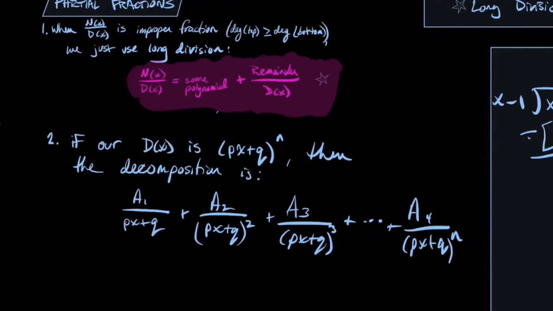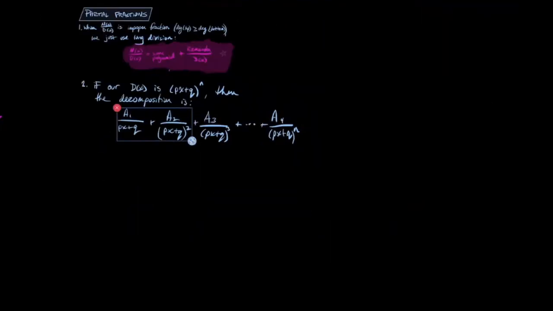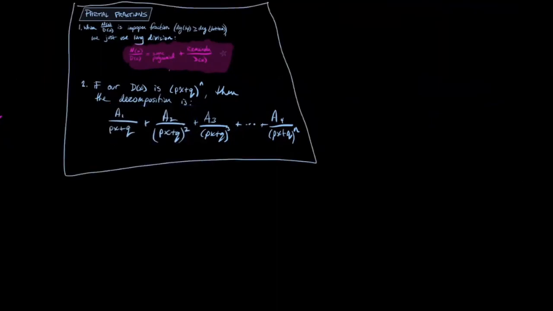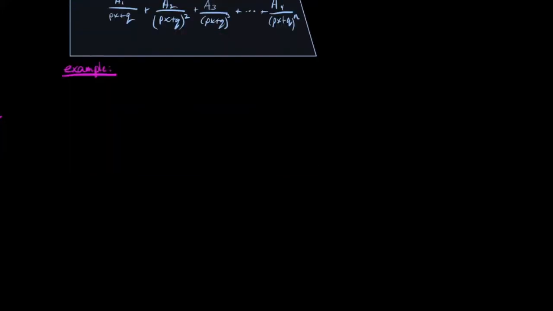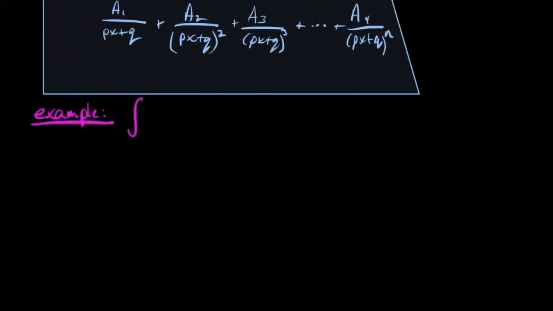So let's look at an example here. So this formula, the way that we write it, it actually looks, again, a lot scarier than it is. But this example should help it make sense. All right, so let's say that we want to integrate 5x squared plus 20x plus 6, and we're going to divide that by x cubed plus 2x squared plus x dx. All right, so the first thing we want